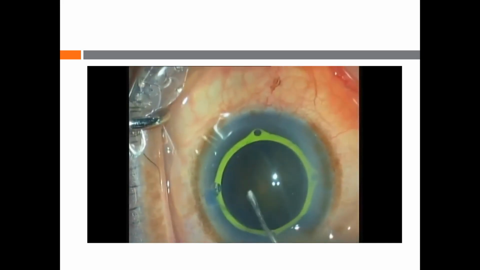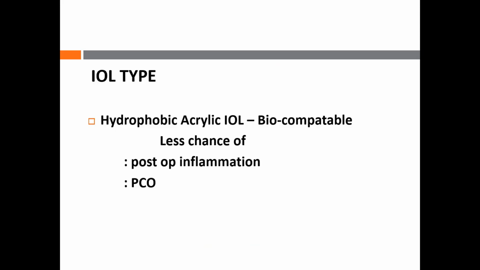The next important step to keep in mind is, while making a capsular rhexis, try to make a large rhexis because these patients are more prone to capsular phimosis. So unless your rhexis is big enough, these patients can go for capsular phimosis and cocooning of the IOL. IOL type: hydrophobic acrylic IOLs are found to be biocompatible because the chance of post-op inflammation and PCO formation is less. Again, no fancy IOLs, no premium IOLs, or no multifocal IOLs in these patients because these patients are more prone to recurrent uveitis, and the chance of glare and need for YAG capsulotomy is going to be very high in these patients.